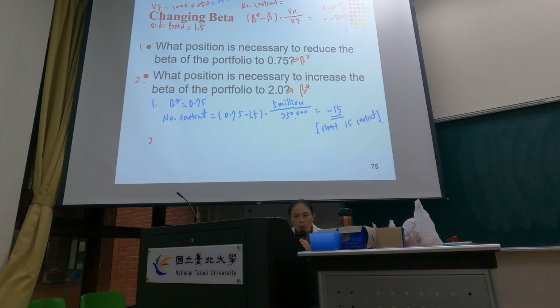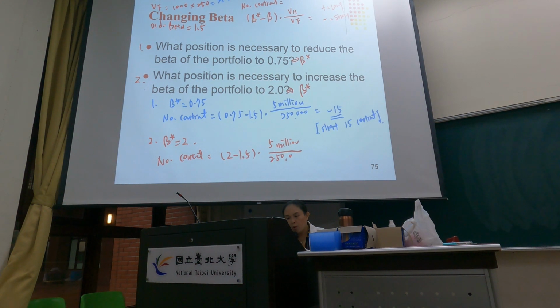So you don't want to fully hedge. Instead, you just want to lower your beta, because maybe you think the market is very risky now, so you want to become more passive. And secondly, your beta star equals 2. That means you want to make your portfolio more aggressive, right? So in that case, number of contracts equals 2 minus 1.5 times 5 million